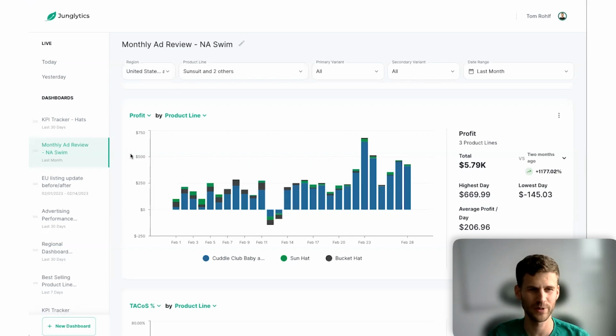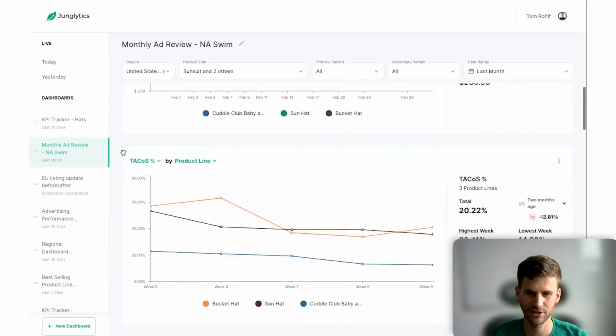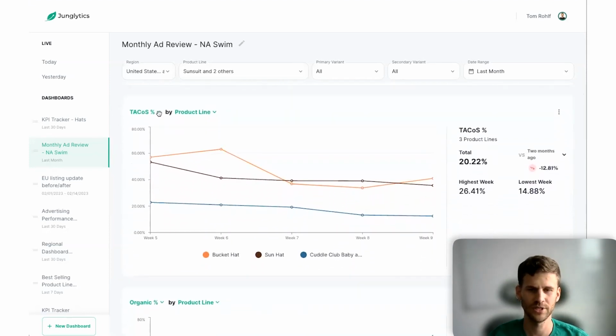One other thing I'll throw in is we often see our clients use Junglealytics as a presentation tool. They'll often be in meetings with their account managers or brand managers, and the brand manager will pull up Junglealytics, screen share, and scroll through a dashboard, going through all of the top level metrics that the executives or whoever is their manager cares about seeing and wants to keep a pulse on.